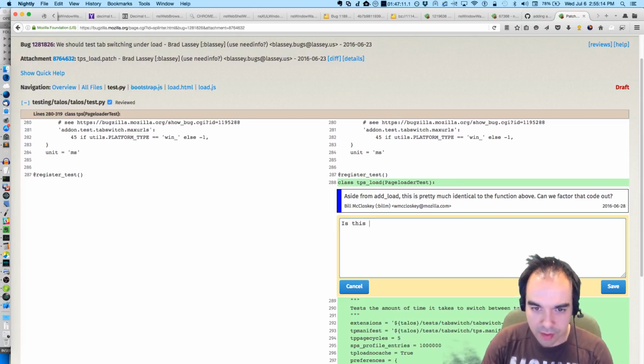Is this test meaningful in non-ETNS? Do we care about measuring tab switch under load in the non-ETNS case?